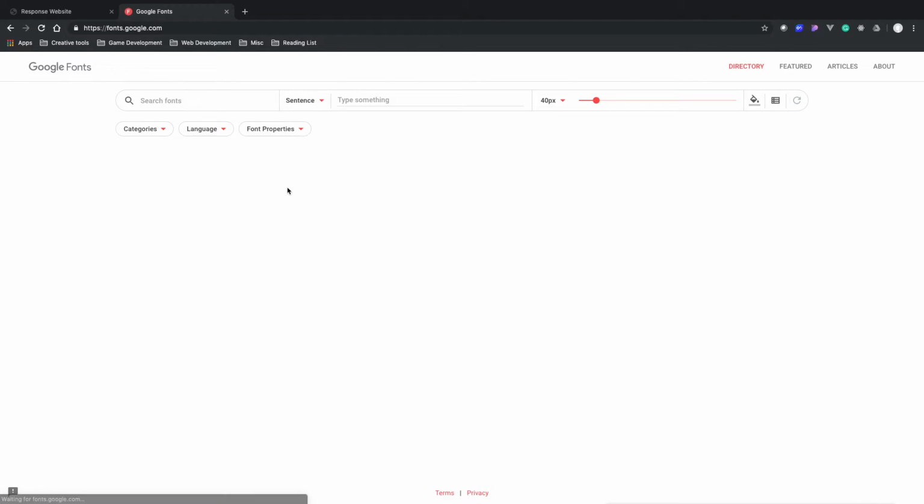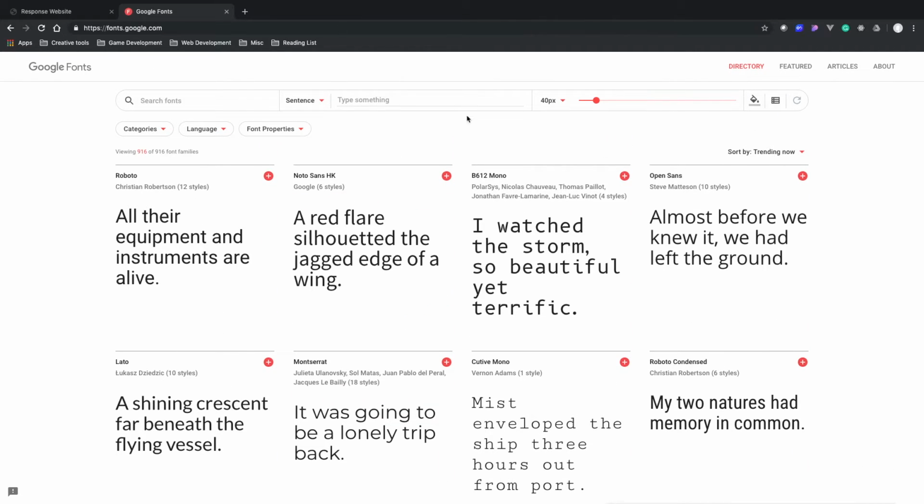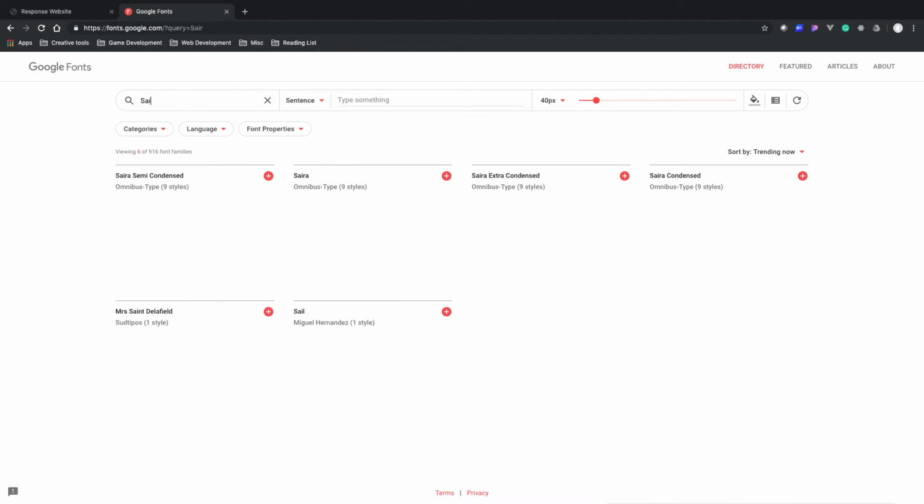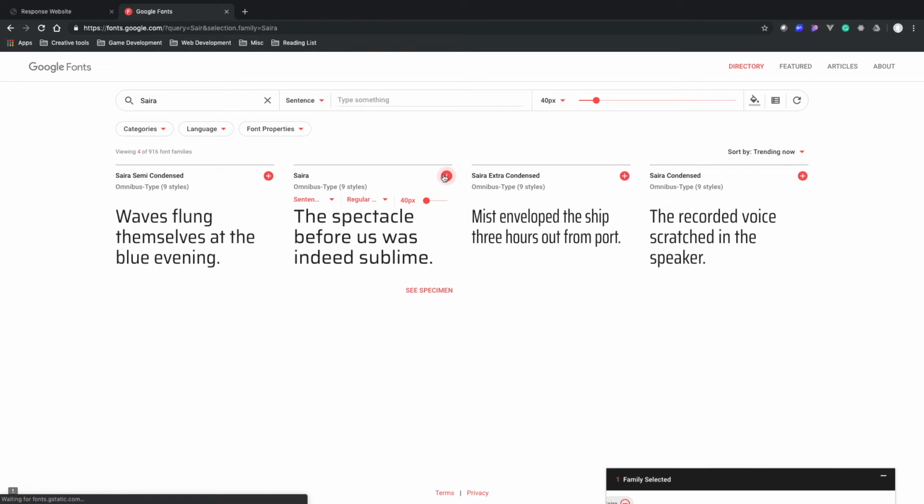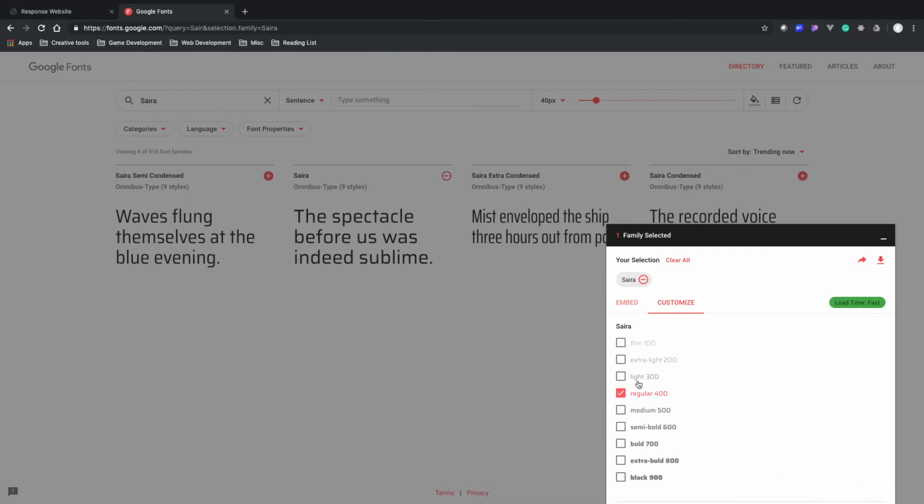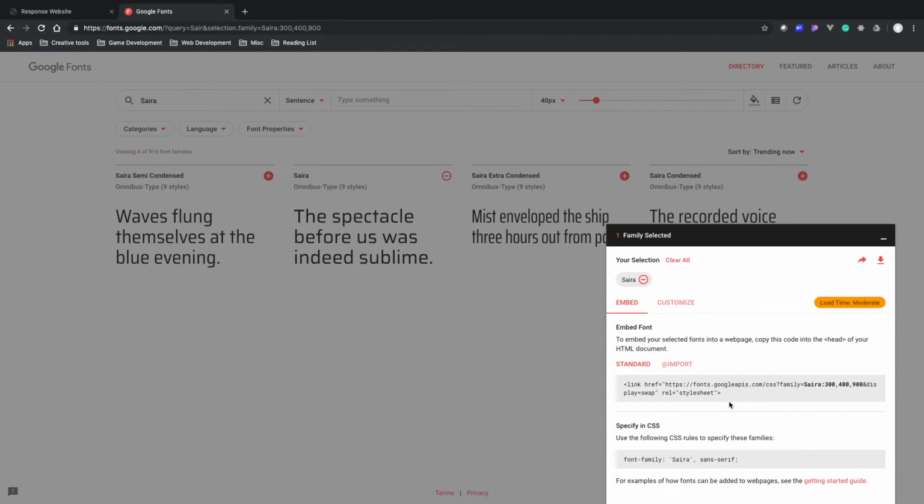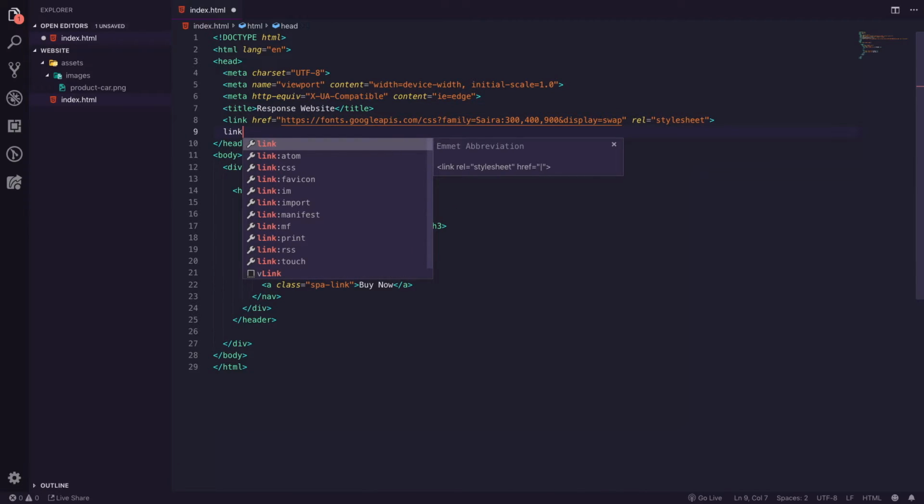And here is a repository of usable, free-to-use fonts. And I just searched in Sarah, I don't know how to pronounce that, I'm sorry if I'm butchering it. And I just click this plus icon, I'll click down here, and as you can see here, it gives me a link, but we can customize it. So if I go to customize, I grabbed 300, 400, and black 900, because they're the only ones I will be using. So you then copy this